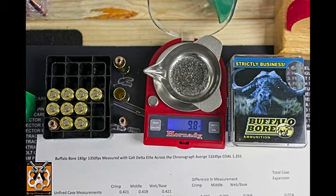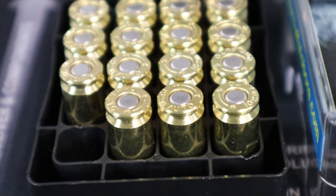For the 10mm Firearm Forum, I've taken one of these bullets apart to examine the powder to see what kind of load is underneath this 180 grain bullet. It is ignited by a silver-based primer, but I'm not going to bore you with some of those technical details of showing you on camera exactly what I've done, but I'll go through a quick explanation